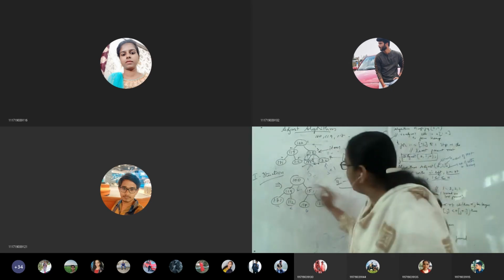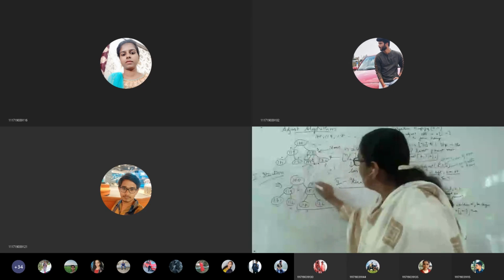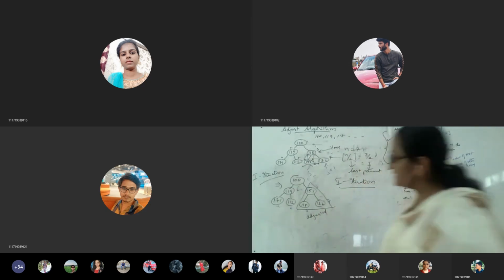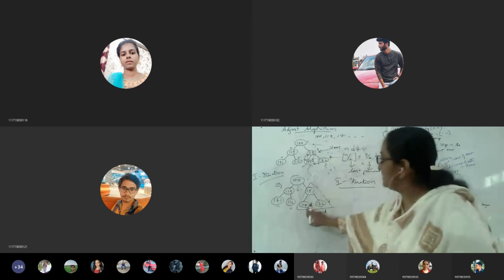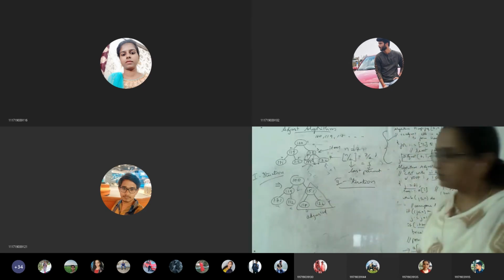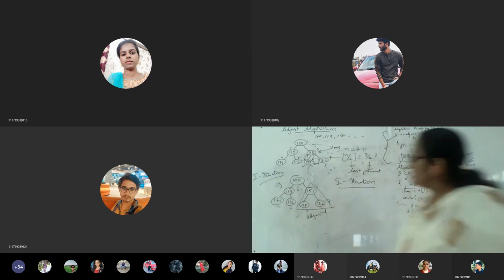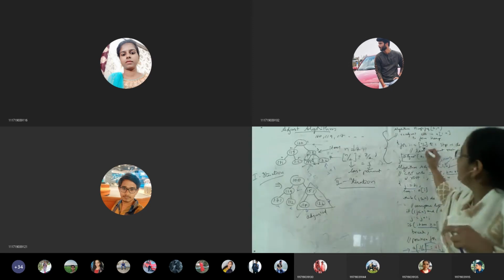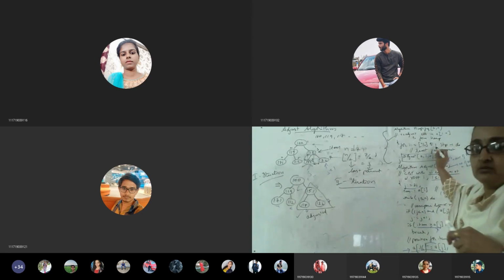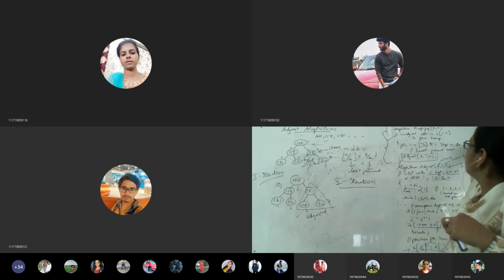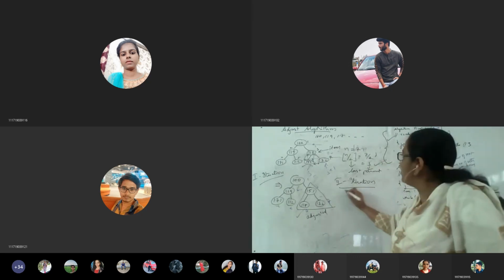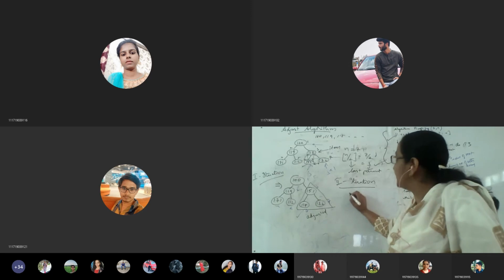With 3 as the parent, this is now adjusted. 151 is greater than both its children, so this is done. For the next parent, in the loop we are going from n by 2 down to 1. It started with 3, so in iteration 2, what will be the next parent?